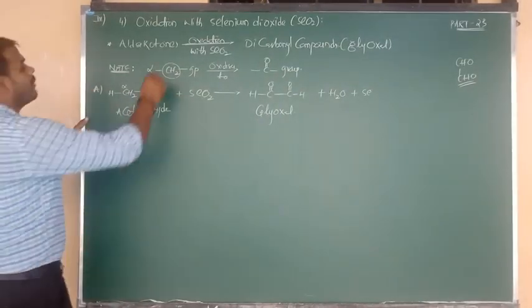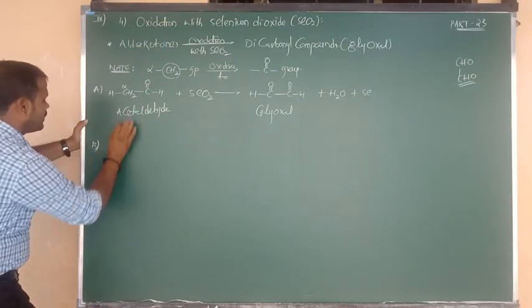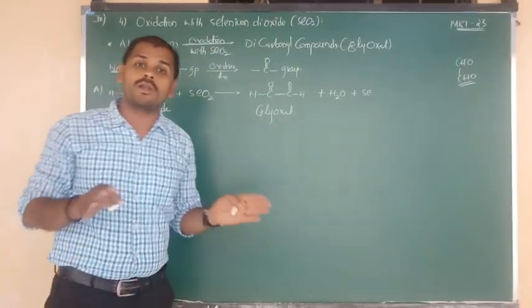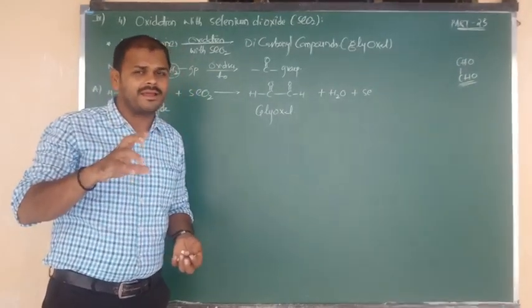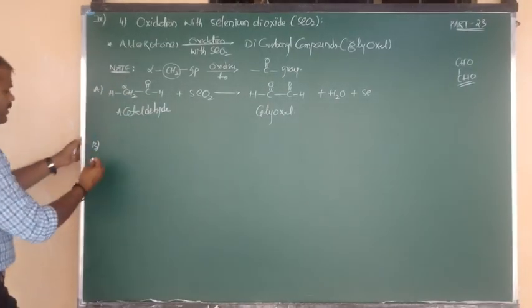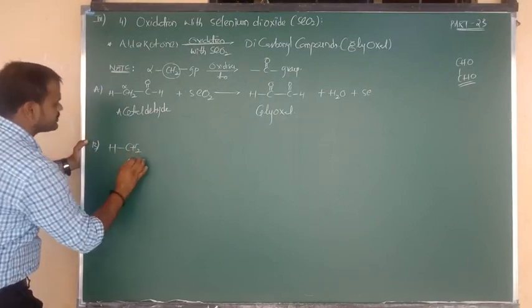Another example I am going to give by taking a ketone. Again the same thing: the ketone formula is CH3 bonded to C double bond O bonded to CH3. One CH3 we convert into the CH2 form. So what we can write now is H bonded to CH2.